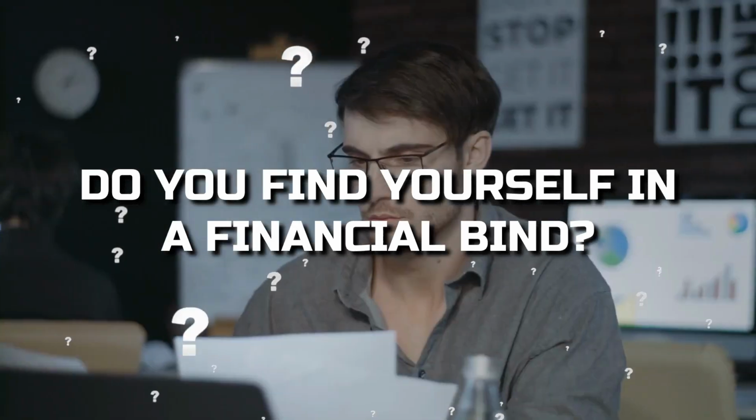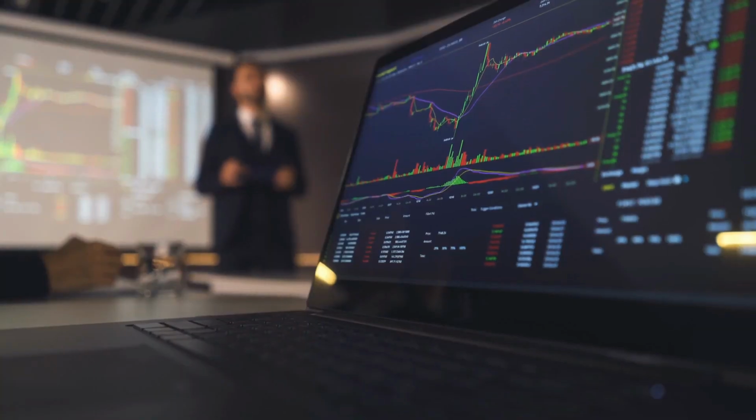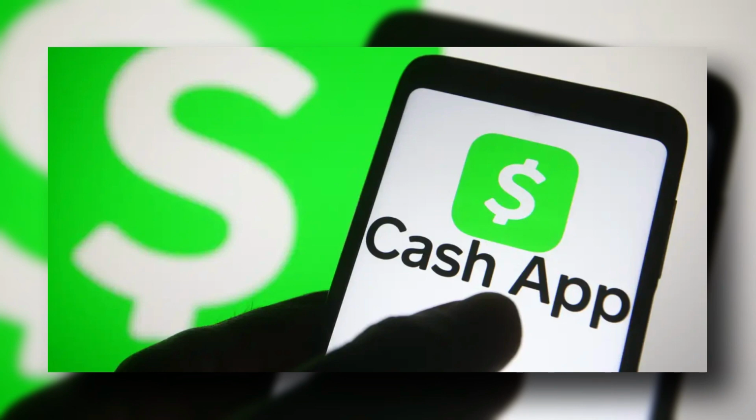Do you find yourself in a financial bind? Are you wondering how to make money on Cash App fast? If so, you're in the right place. In this easy-to-digest, all-inclusive guide, we're taking a look at how you can quickly and easily make money on Cash